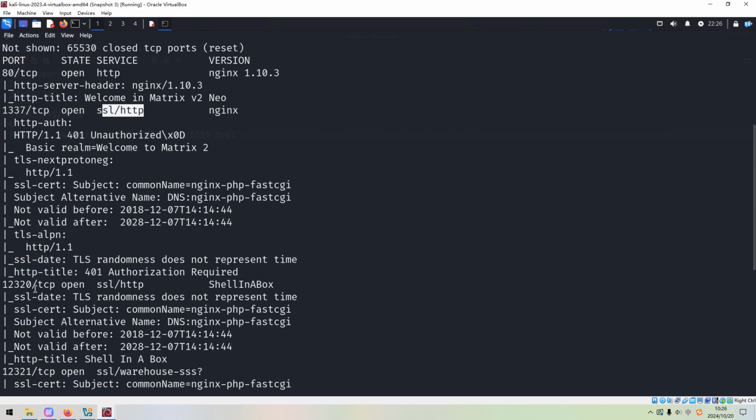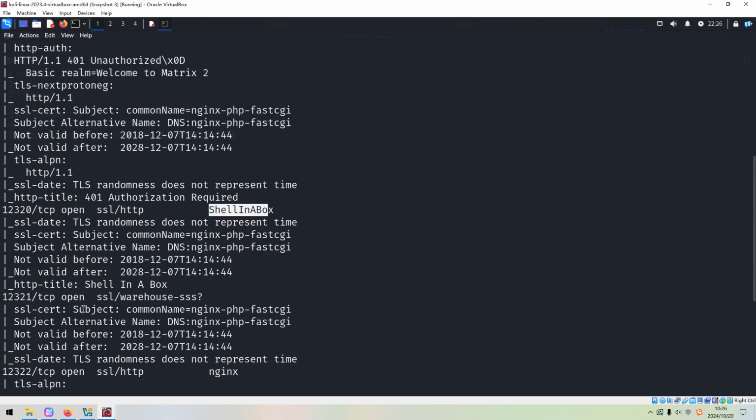And the next one, 12320, is also running HTTP service, and this is Shellinabox, so maybe it provides some sort of web shell. And the next one is 12321, which is also running HTTPS.